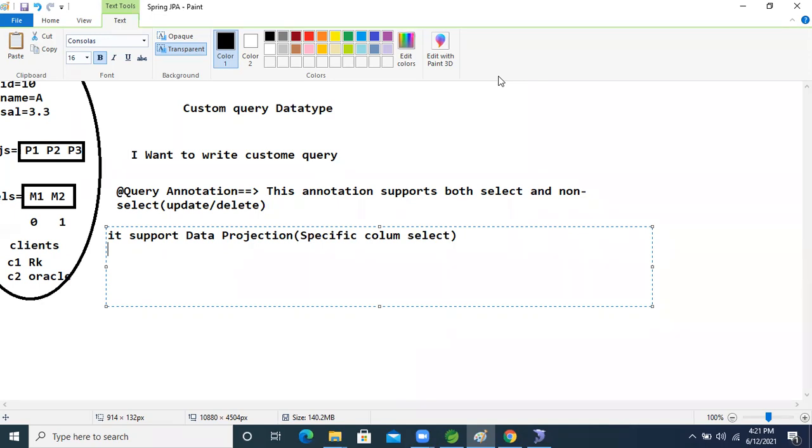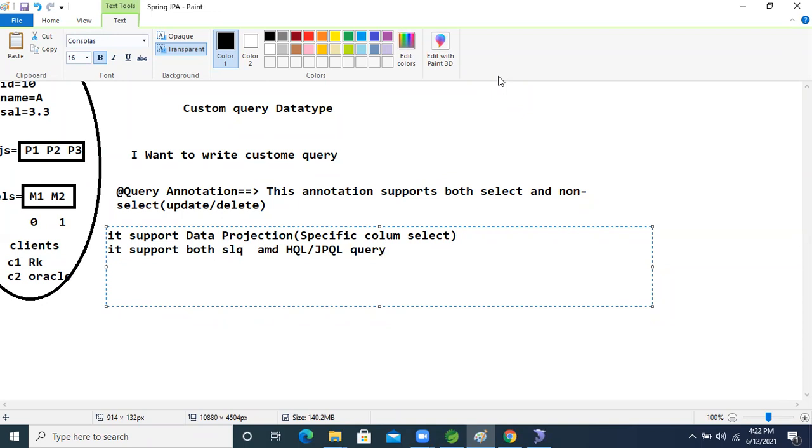Next, this @Query annotation supports both SQL, meaning native query SQL, and HQL or JPQL, right?